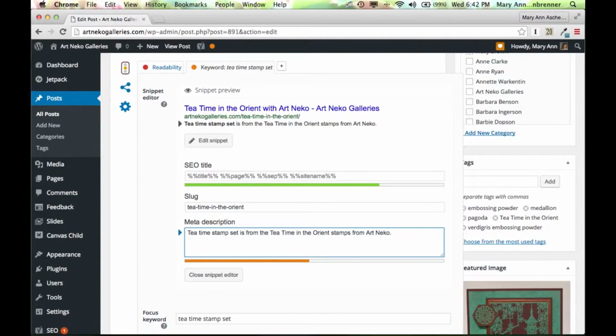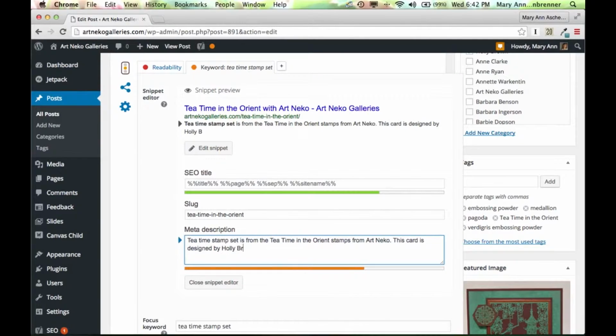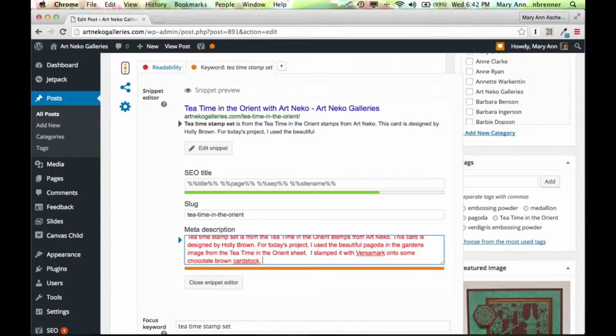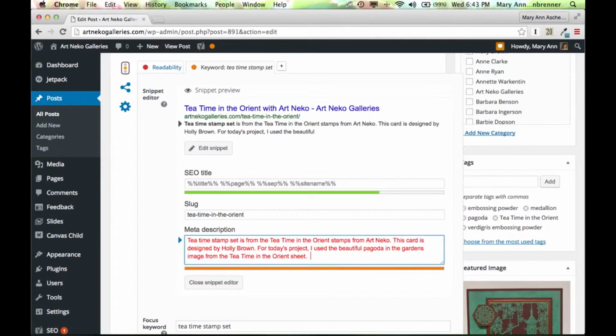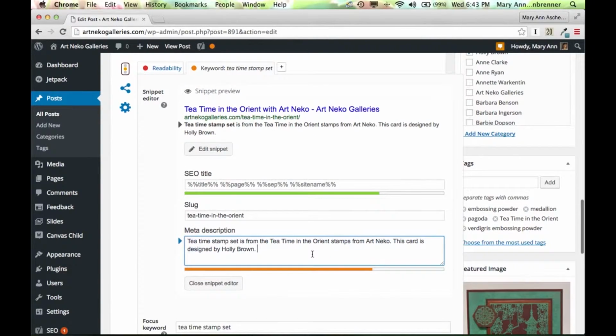And this card is designed by Holly Brown. Let's see what else she had there. I put way too much in. Let's see, we're not going to worry about that. Let's see what we have, if we have much room here. Tea Time stamp set is from Tea Time in the Orient stamps from Art Deco. This card is designed by Holly Brown and includes